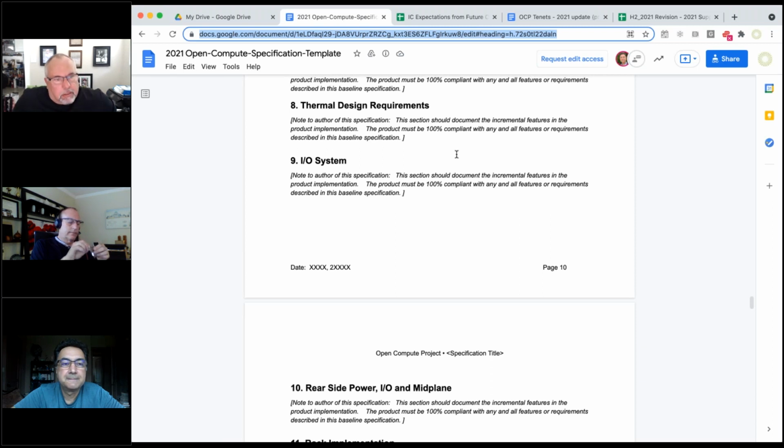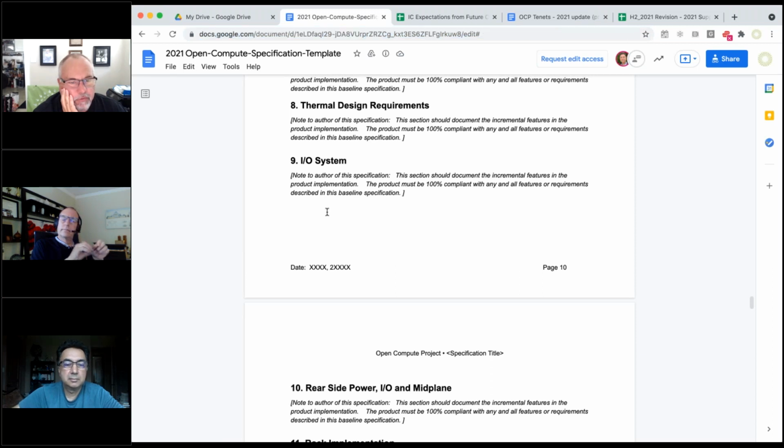So in the case of MES, in section 9 under IO system, there would need to be a statement that said, if your product has a mezzanine feature, that mezzanine feature should comply with either the 2.0 or 3.0 or 2.0 or later specification.